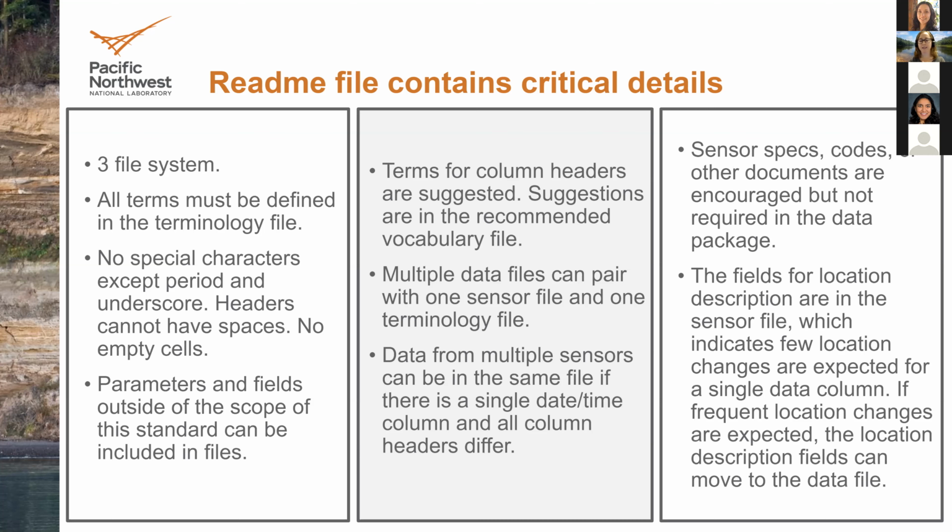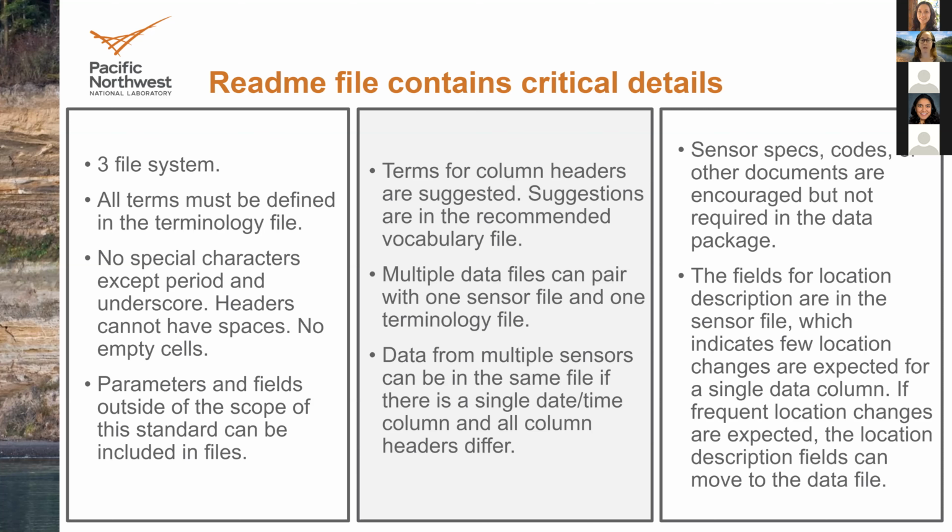And then lastly, this is kind of a more detailed point, but the fields for location I mentioned are in the sensor file. So you have information about your sensor, and then it says the lat long and other things. But for the purpose of this, let's just say lat long. So that's where it's listed. So that is assuming inherently that your data file has a sensor that really isn't moving much. Maybe it moves a couple times, but it's not the primary thing that's varying as your data varies or as